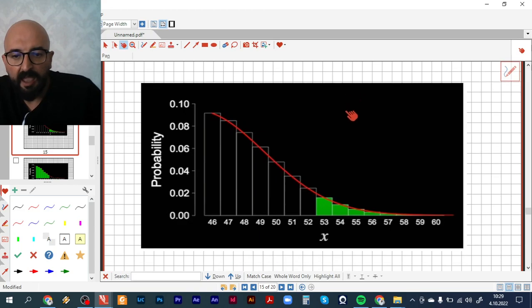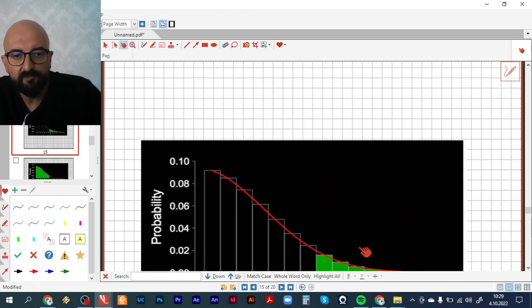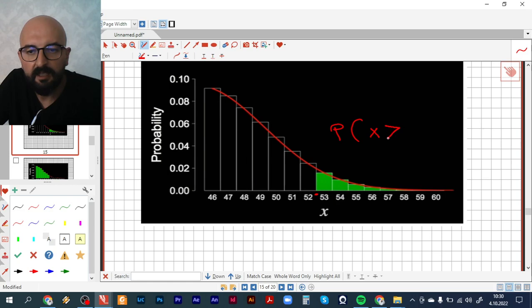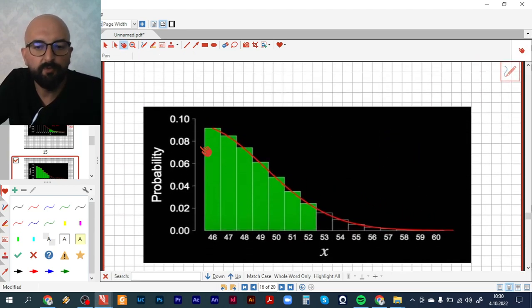Okay, now if we have these points, for example, the probability of x greater than 52.5 is very close to the exact value. And if you want the probability of x